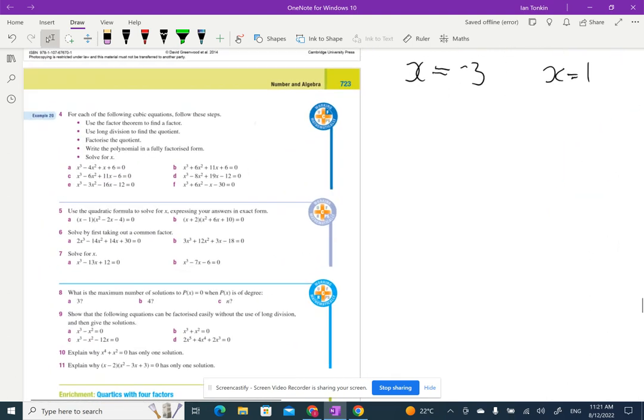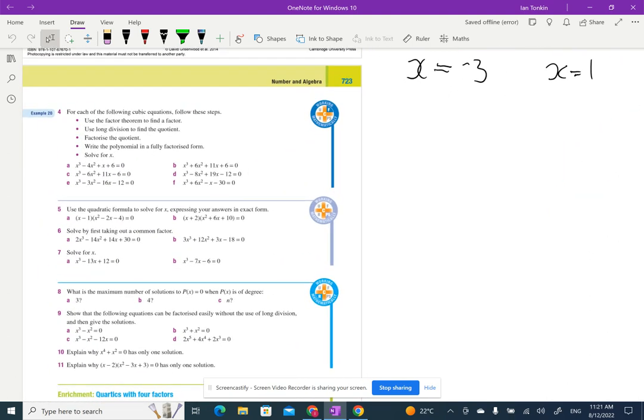I really want to just start concentrating on question 4, and they give us a step-by-step method here. So it says use the factor theorem to find the factor, use long division to find the quotient, factorise the quotient, and then write the polynomial in factorised form, and then solve. So I'm going to do one of these, really using that method, and then I'm going to show you another method. So here's 4a,